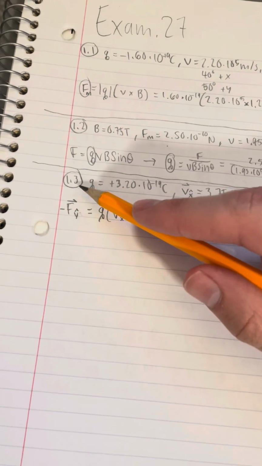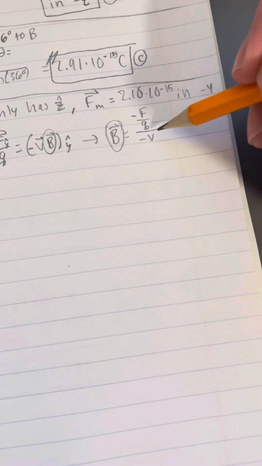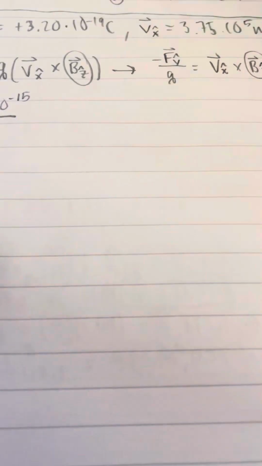So this is question 1.3 for exam 27. We're going to continue where we left off. We're just going to plug in these values. We rearranged the equation to solve for the magnetic field. So we have negative F, so negative times 10 to the negative 15th divided by the charge,